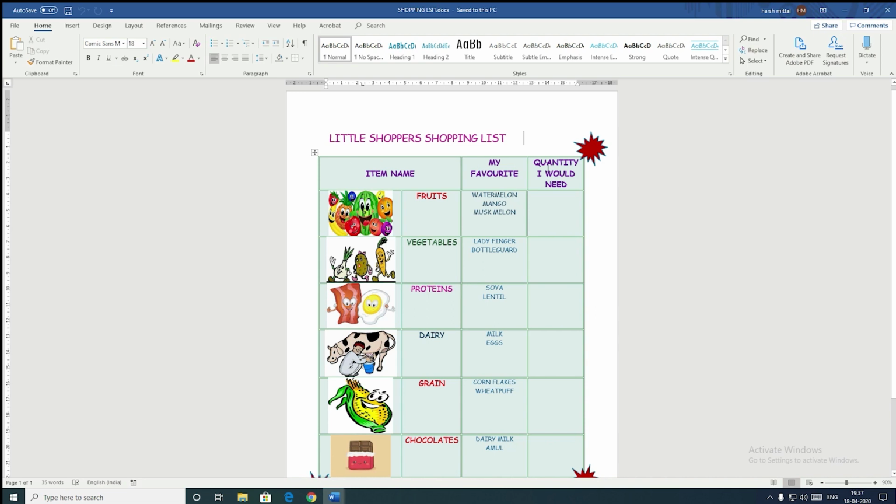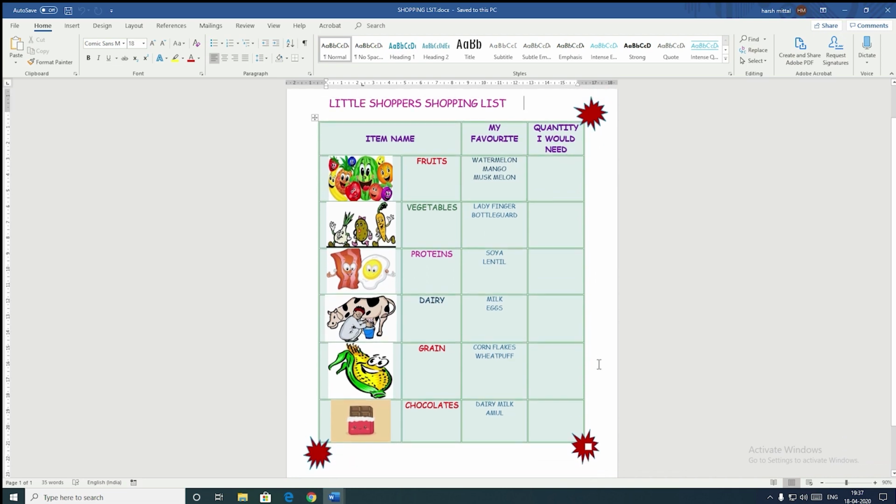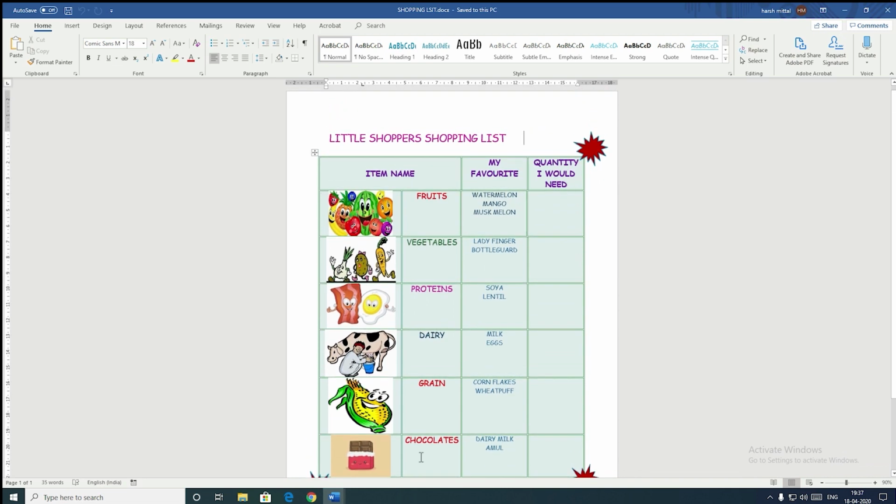You can see this shopping list contains a table. Yes, you can see it has columns as well as rows. All the vertical lines, vertical means standing lines, form the columns, and all the horizontal lines, horizontal means sleeping lines, form the rows.